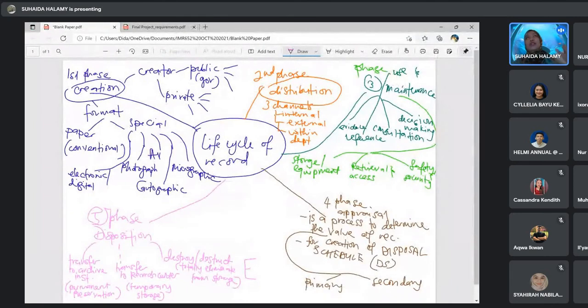Sometimes an organisation has its own shredder machine, because it's easier, so they shred the paper.